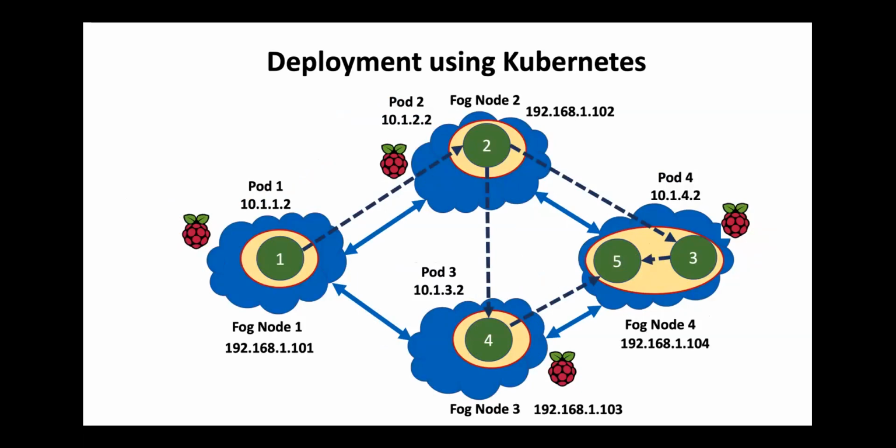Next, we deploy the containers of the application distributed over the network so that they need to communicate over the network to achieve the application functionality. Here we can see that each container is placed on a different Raspberry Pi, deployed in a different pod, and they communicate over the network. In this case, we observe that the time delay and the video quality achieved at container 5 shows a greater time lag as compared to the first scenario. Here, every pod has a different IP address, and in this case, we need to enable networking between these pods on different fog nodes.